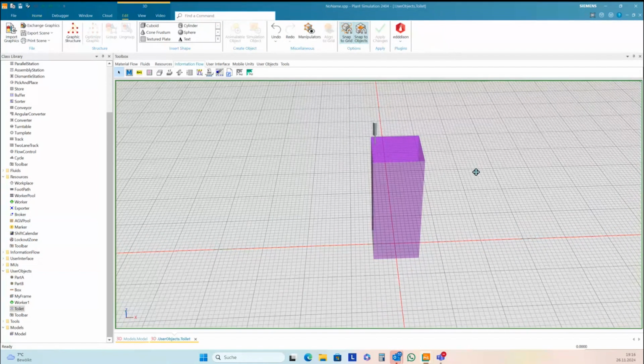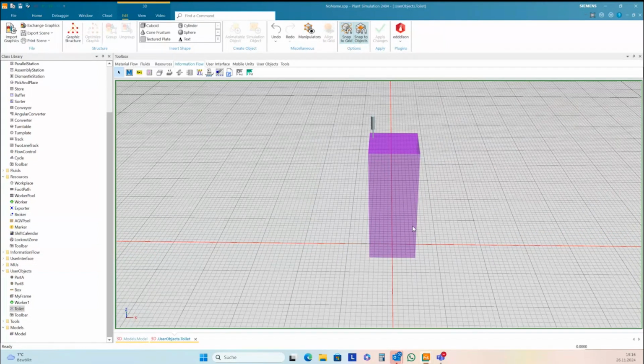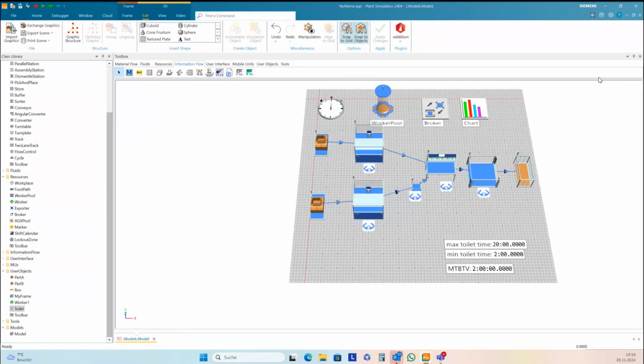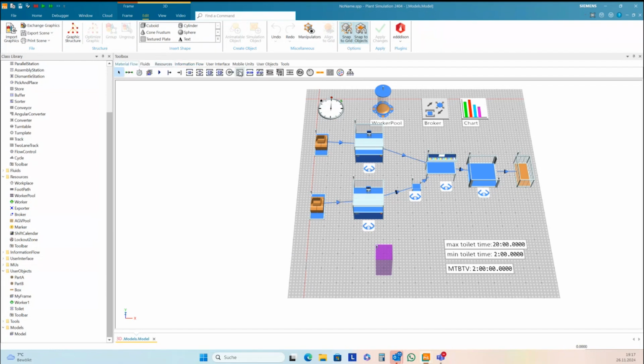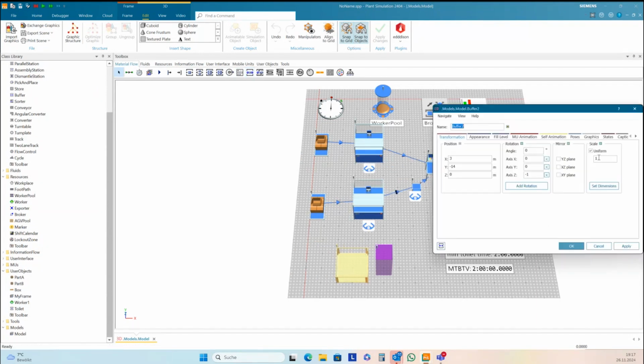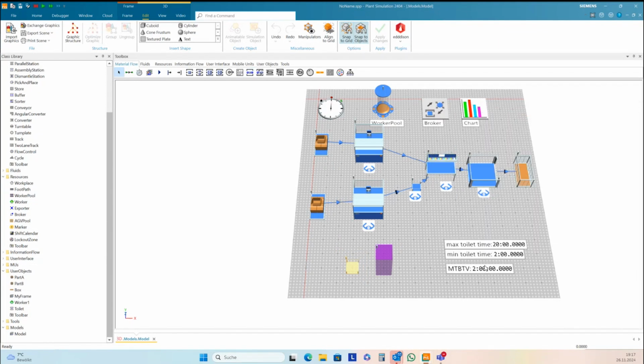Okay, we can make this also for smoking or a coffee machine or a chat place. So these places get a little buffer before. And we need a train behind, so we can delay our toilet jobs.